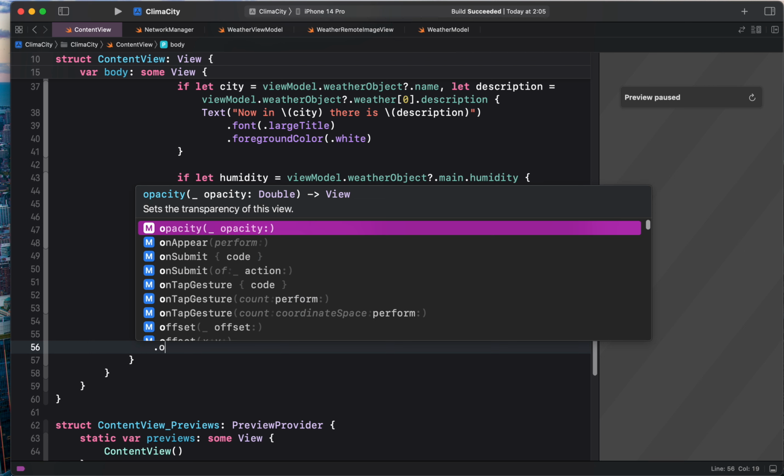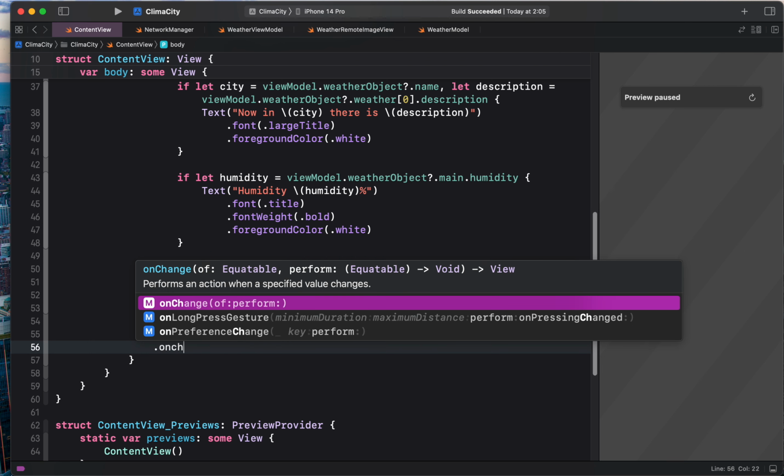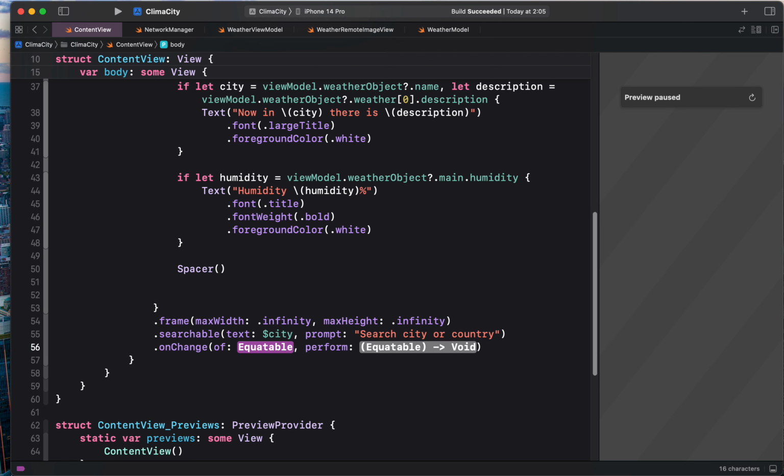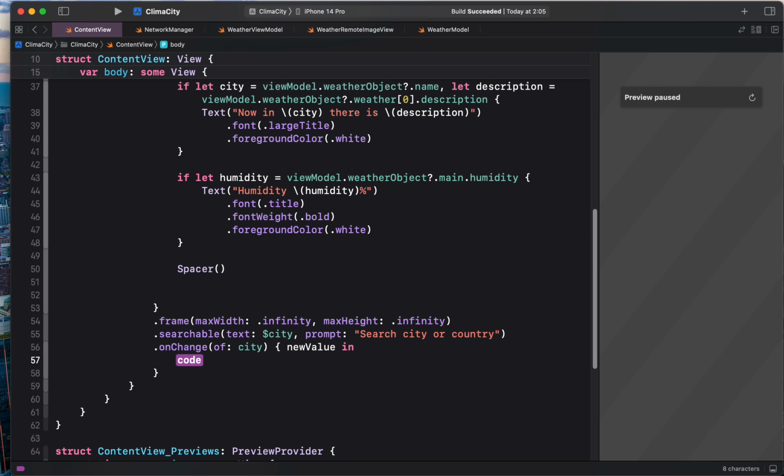We are going to use onChange modifier, on change of city. We need the new city